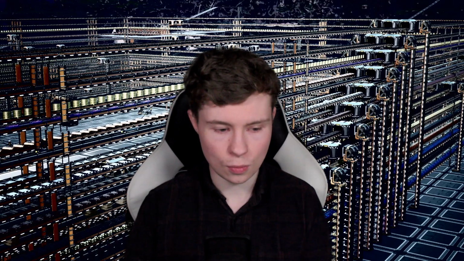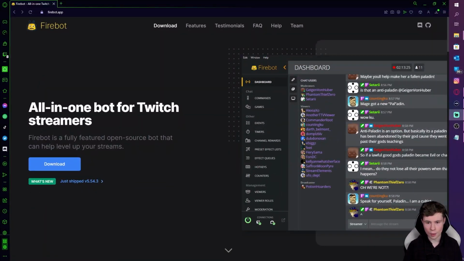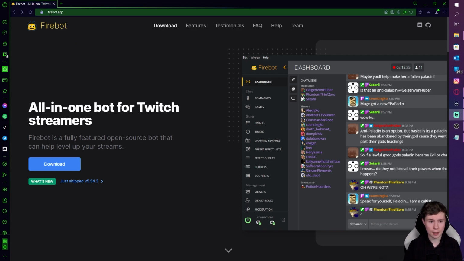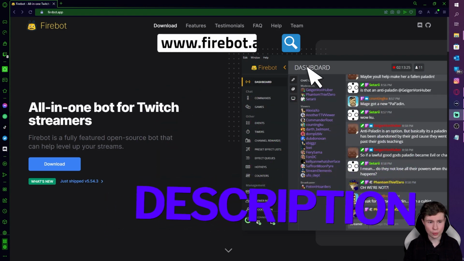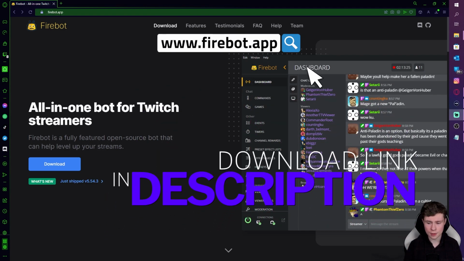So first we'll go over to the web page. If you're using Chrome, Edge, or Mozilla Firefox, it doesn't matter. I'm using Opera GX because that's my default browser, so that's what I'll be using for this example. It doesn't matter what you use. If you go to your search bar and you put